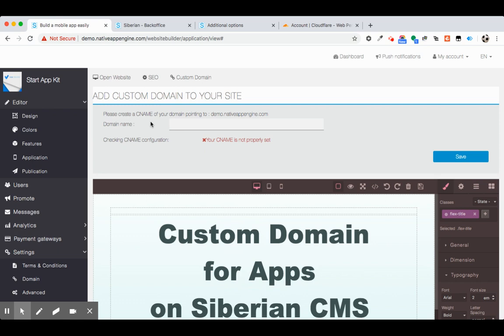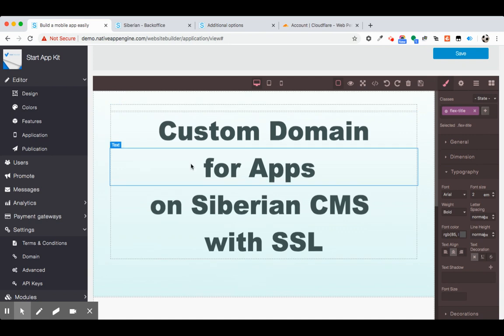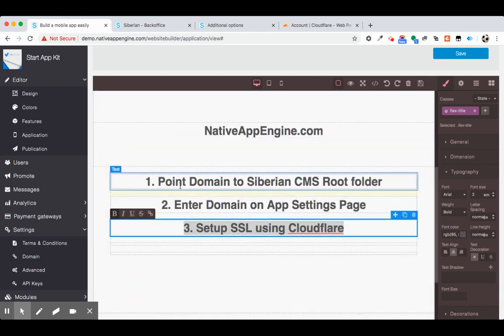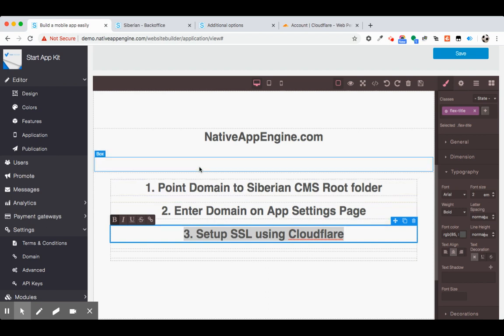And keep in mind that the domain of the app and the domain of the website builder should be different, so that they do not conflict with each other. I've explained these two steps, and these two steps will show your app or website on your own domain.